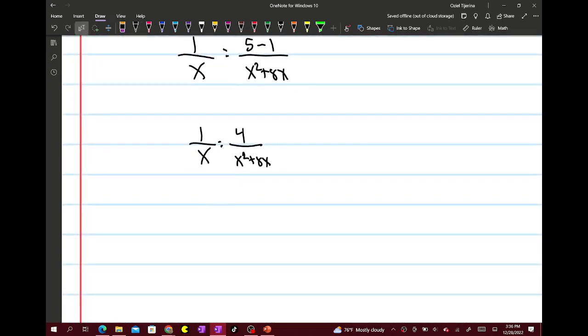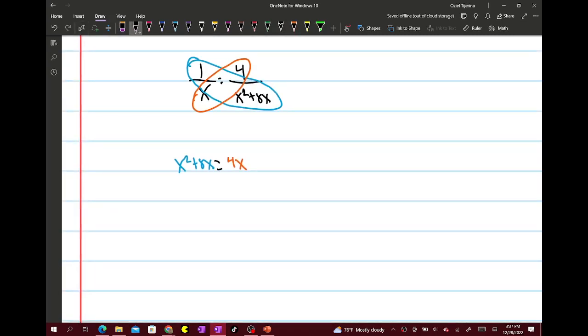Now, I can go ahead and cross multiply. So x squared plus 8x times 1 is just x squared plus 8x. And then this is going to be equal to this, 4x, right? So it'll be 4x like this. So then it's just a matter of simplifying and